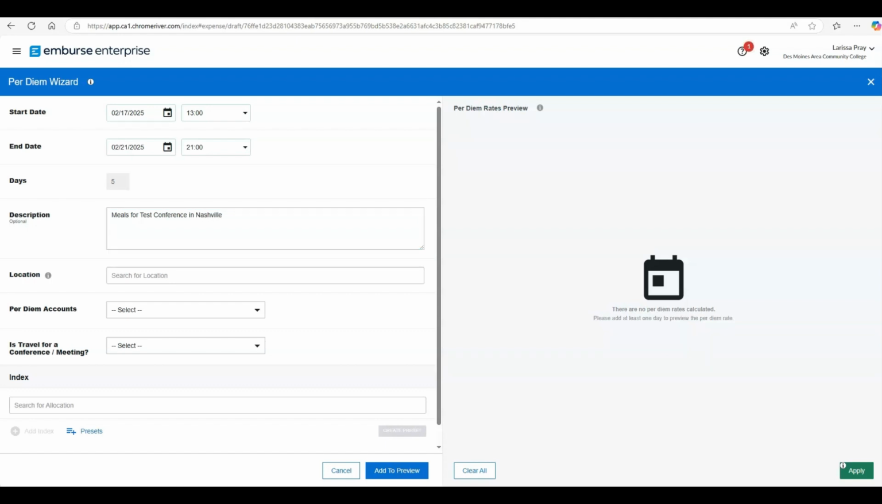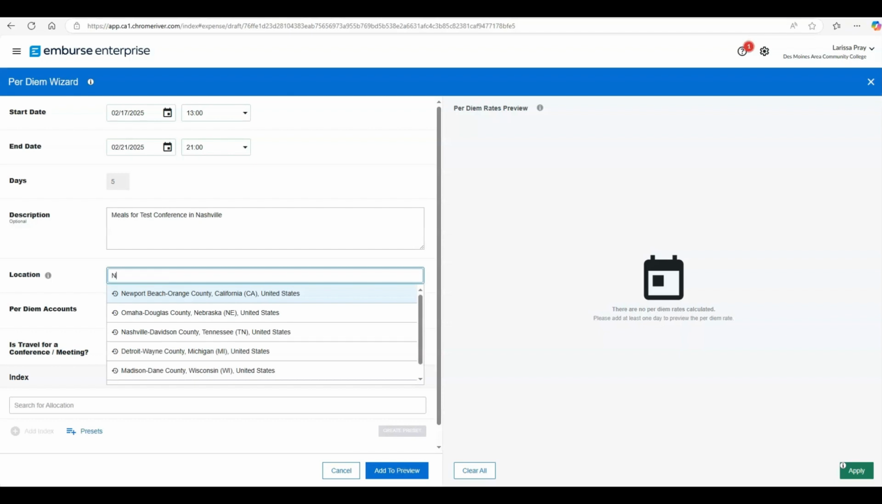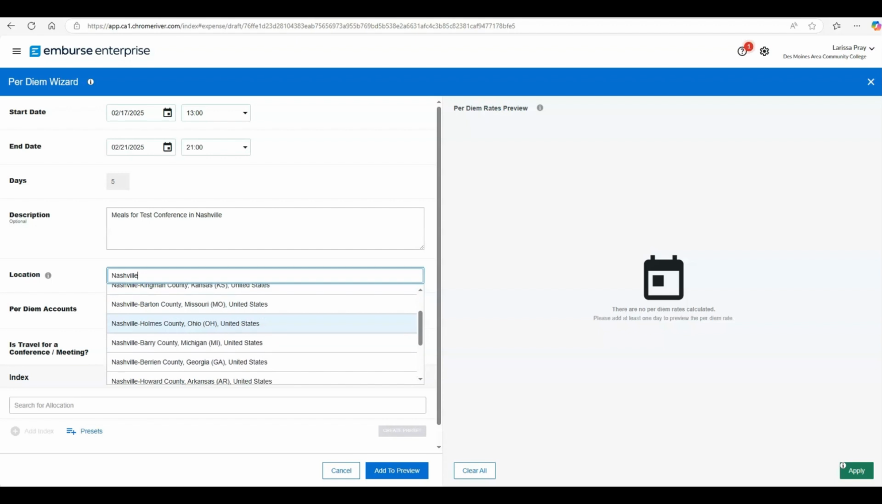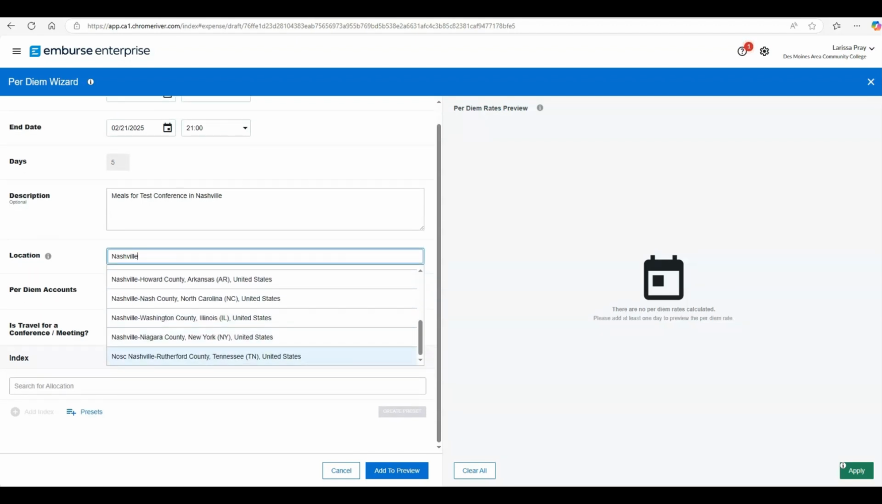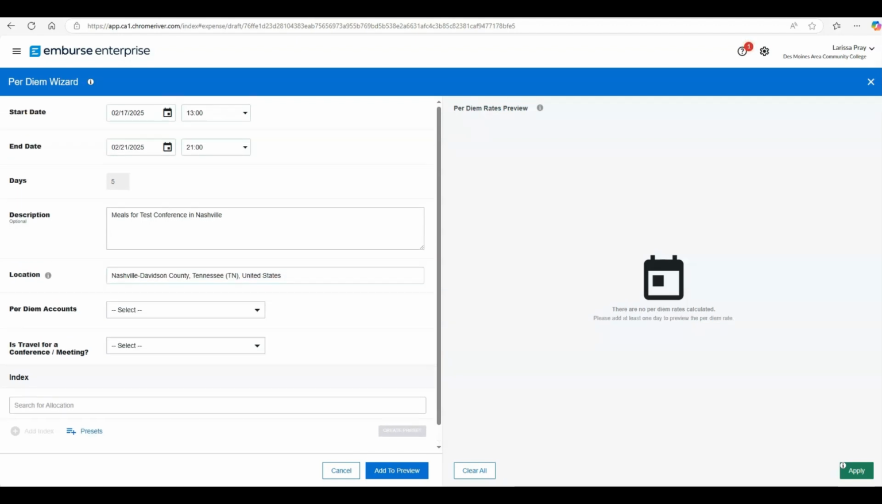Alright, so in location, just go ahead and start typing in your city. I'm going to type in Nashville, and as you can see, I do have plenty of options. I'm going to scroll down until I see the one in Tennessee, and I'm going to go ahead and click that. Using the drop down, I'm going to select the per diem account,